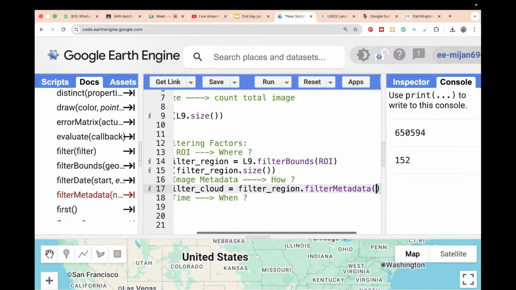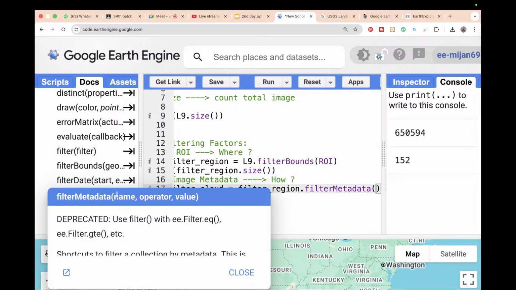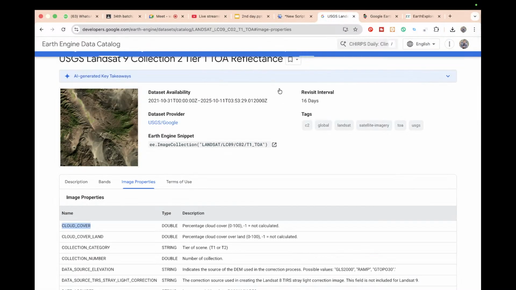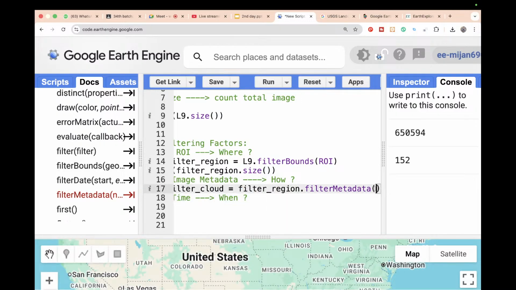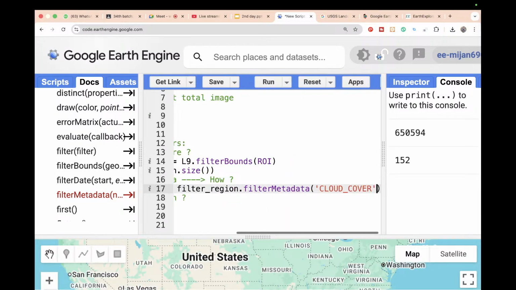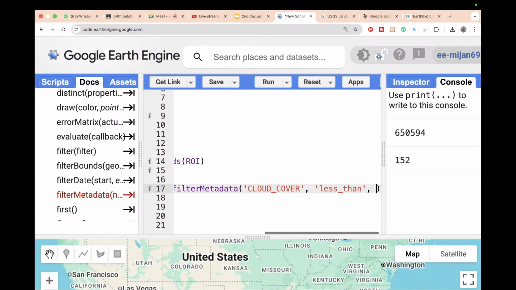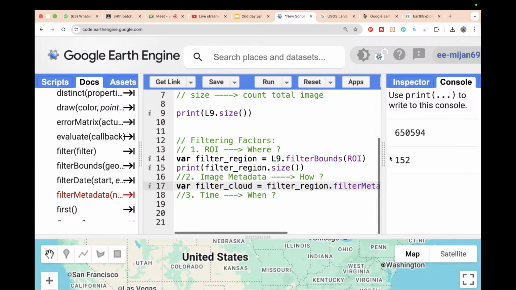Filter metadata takes three arguments. The first argument is the name of the image property. We can easily find out the name; you can see the image properties. I choose, suppose, cloud cover. It's a string, so we must use quotation marks. Then the operator: I choose less than and set the value 1. So now from 152 images, I choose only those images which have not more than 1%